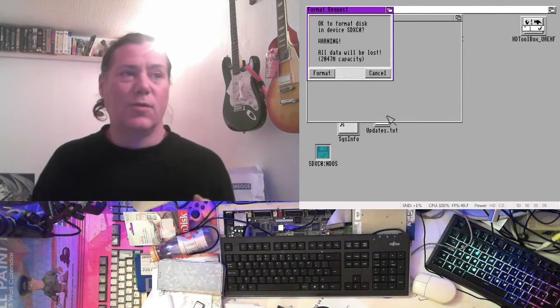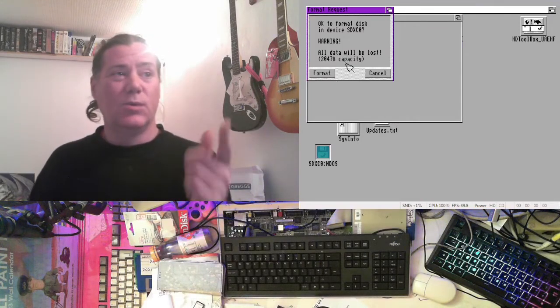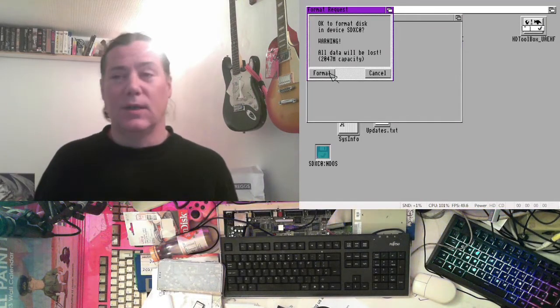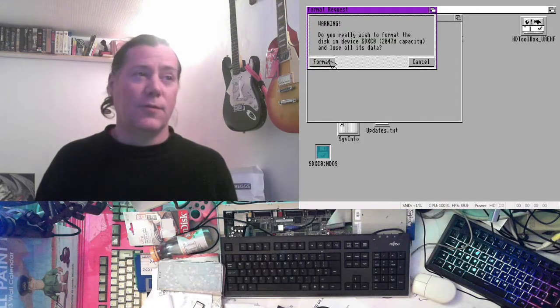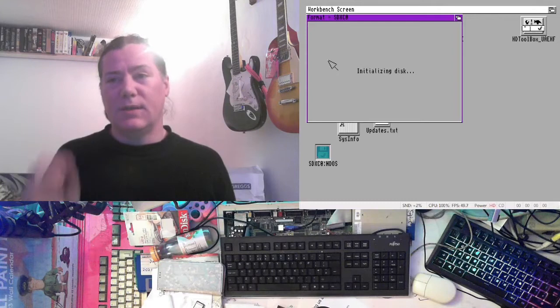So just go for quick format. Oh look, all data will be lost to 2047 meg capacity. I think we've got that right. Let's click format. Yes, we're going to format it. Now, if we get an error at this point,